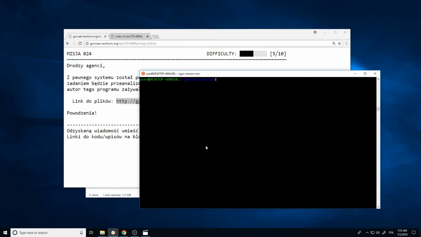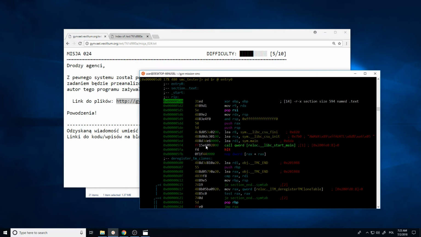Okay, so I have the files downloaded in the folder, so now I'll just run the file in radare2 and move to the binary. The code is not very difficult. It just uses self-modifying code. So if we navigate to the main function,